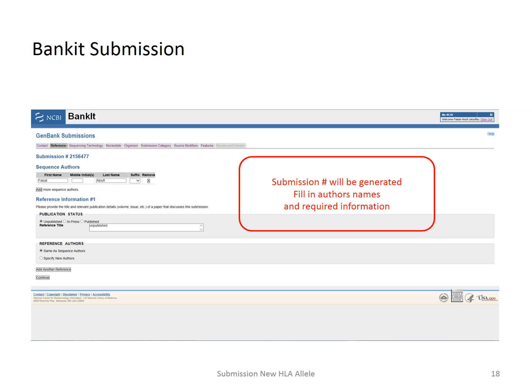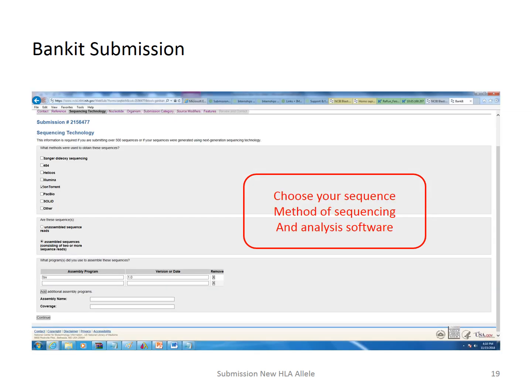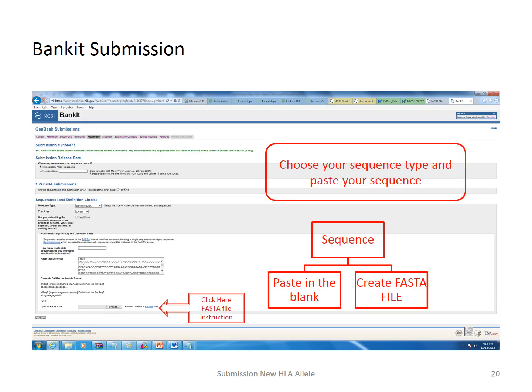A submission number will be created for you automatically. Fill in the authors and their information. Choose the sequencing method, in this case Ion Torrent, and the software used for analysis. Choose the sequence type. Is this genomic or coding DNA? Is it linear or non-linear? Add your sequence, paste it here, and then